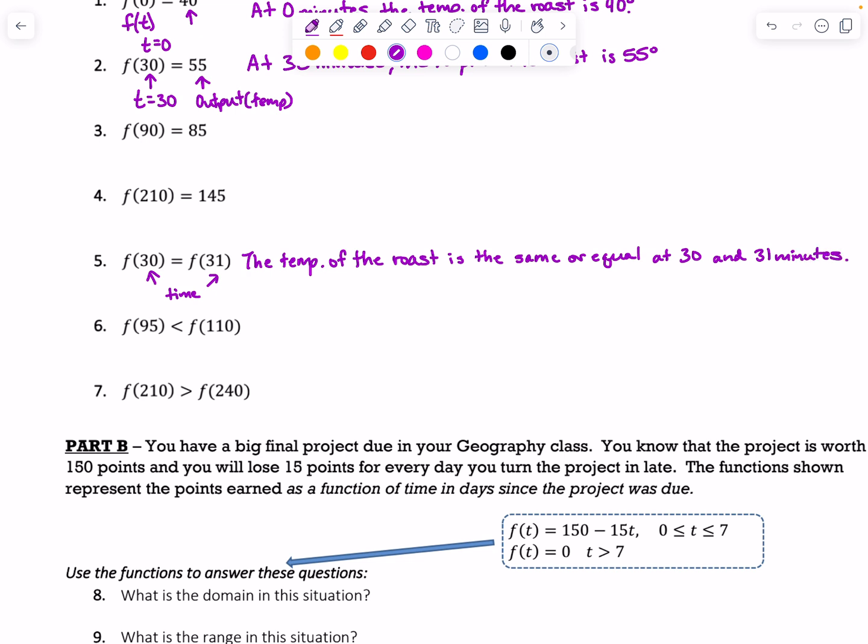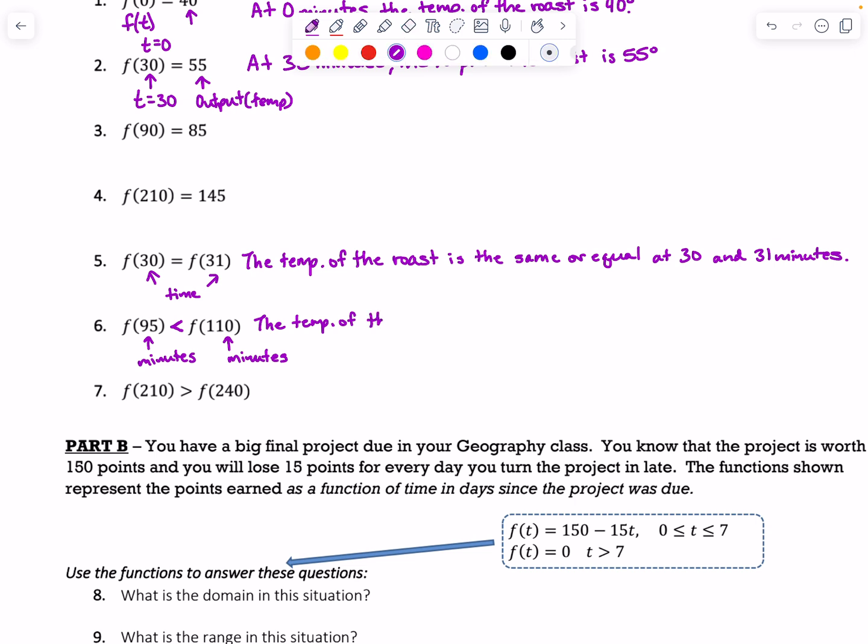Okay. Let's do one more of these at the top in part A. So I'm going to do number 6. It says f of 95, and then it has a less than sign, f of 110. So remember, this is time in minutes, and it's talking about the output in temperature. So we have to read it as a function of time, and the first one is less than the second one. So we could say the temperature of the roast,